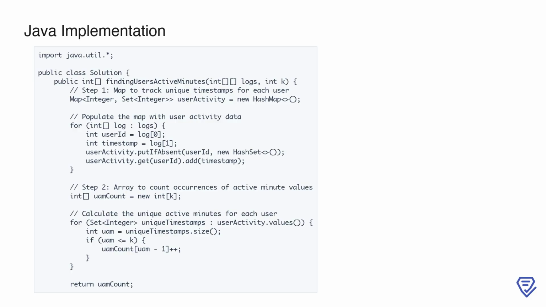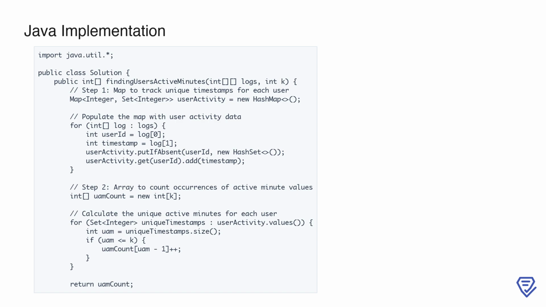Here, we begin by importing the necessary libraries, including java.util.*, which provides us with the data structures we need for this implementation. The main method, findingUsersActiveMinutes, takes two inputs, a 2D array logs and an integer k. The logs array contains pairs of user IDs and timestamps, while k represents the maximum number of unique active minutes